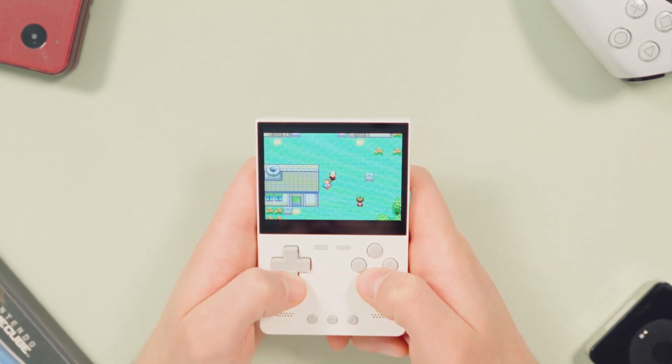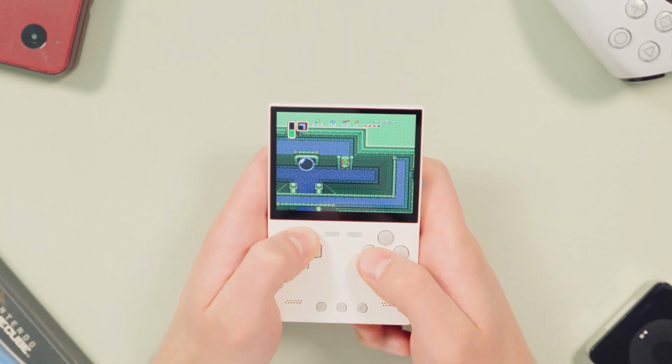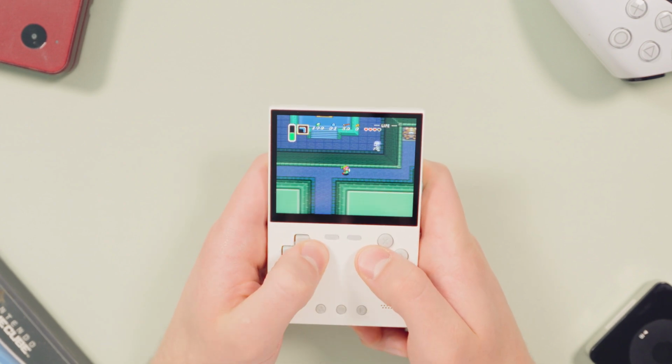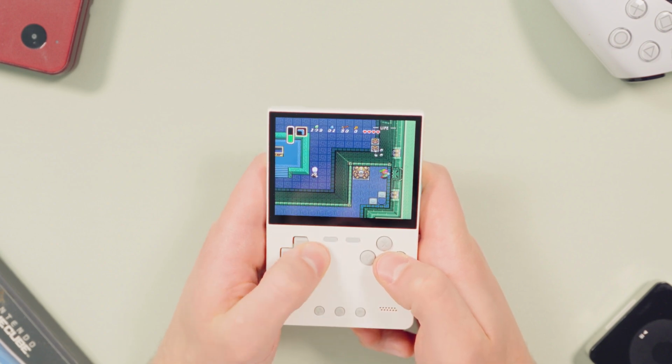In particular, I think SNES looks amazing on this thing alongside a lot of GBA games. I've been going through A Link to the Past for the first time ever, which I know is a classic, and I know a lot of people who find out that I've never played A Link to the Past probably want to murder me, so that's why I'm trying to get through it and play through it right now